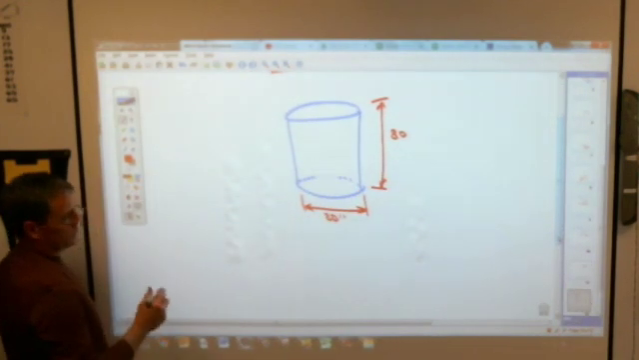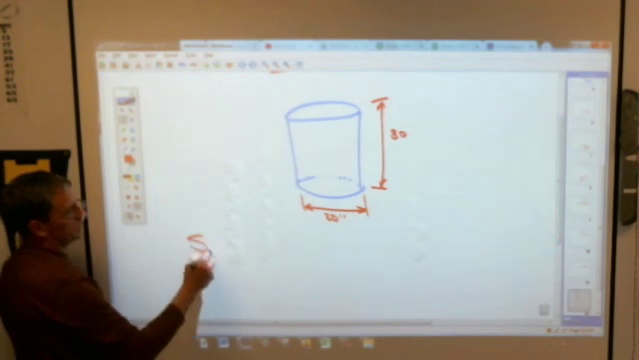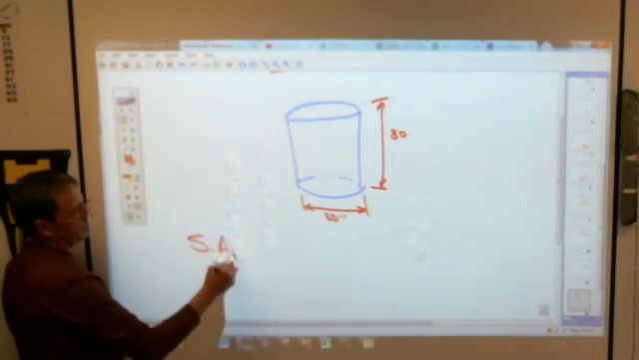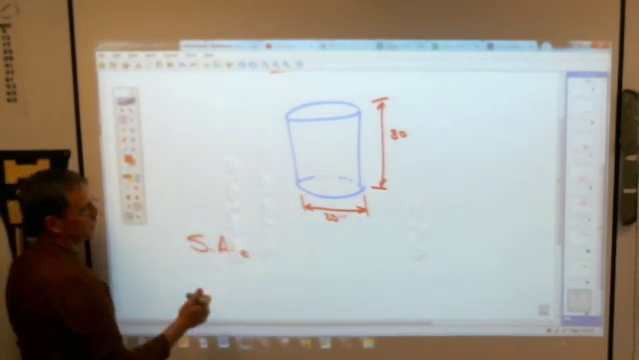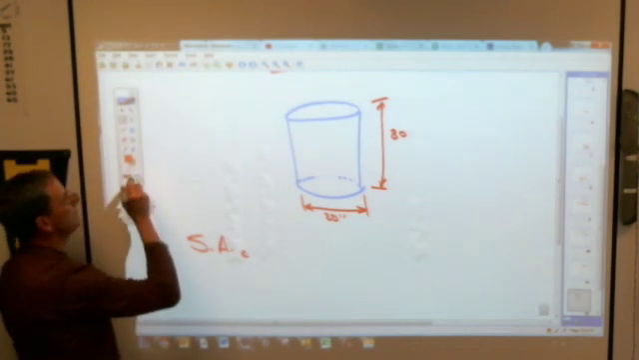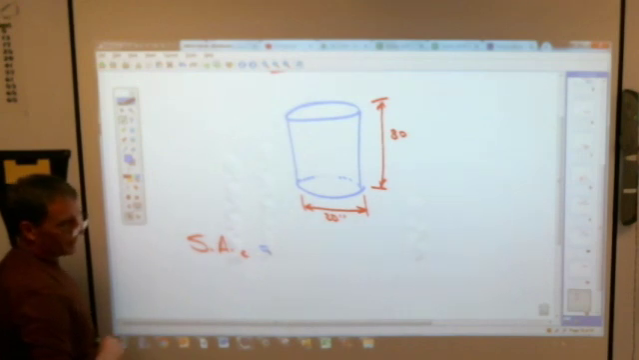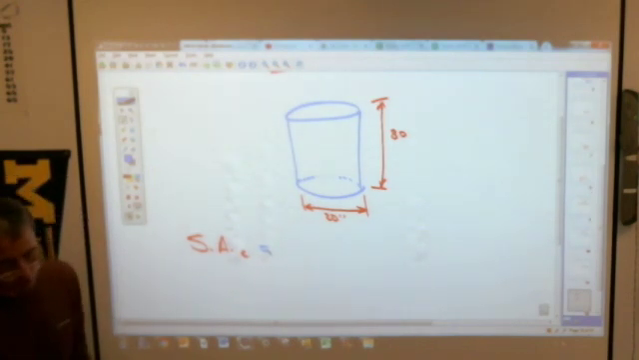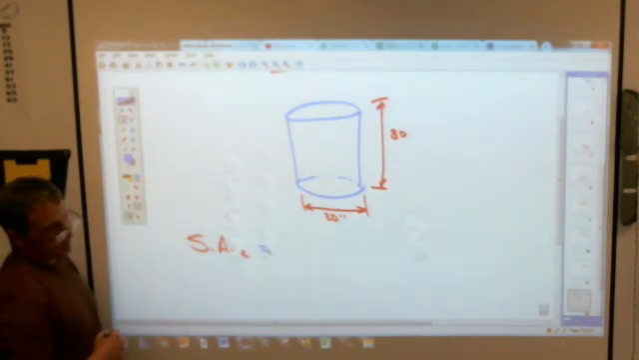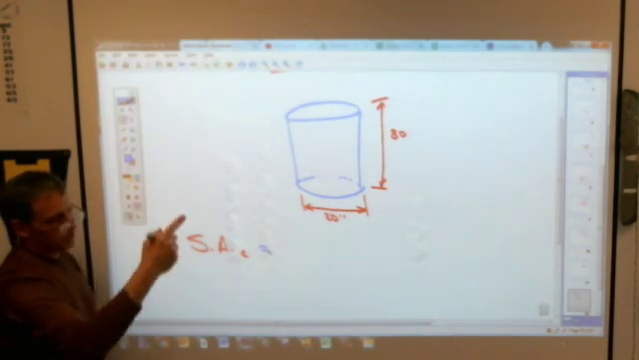Surface area, little c down here. Anybody know why I put a little c down there? Anybody? Because it's a surface area of a cylinder. It is just this. Like Mrs. Stone told you, it is the area of the two circles plus the area of the rectangle that surrounds the